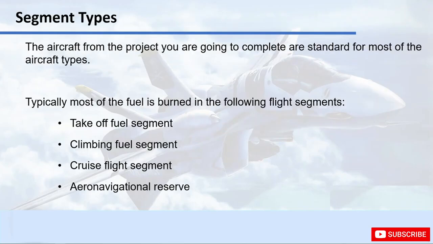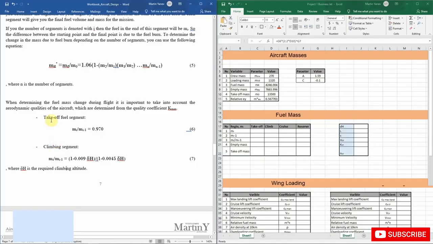And as I said, here we're going to estimate our fuel for the takeoff, climb, and cruise flight as well. And as the fuel usually used for descending and for landing is not that much, we're actually not going to estimate it here, but we're also going to add the aeronavigational reserve, which every aircraft should have just in case of emergency. Okay, so here we are in our workbook,